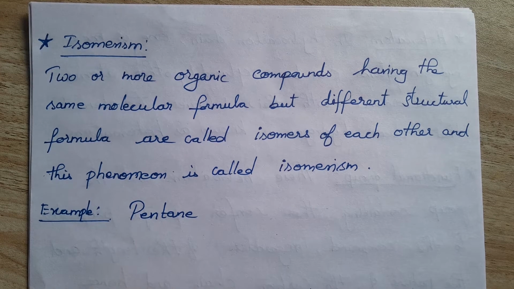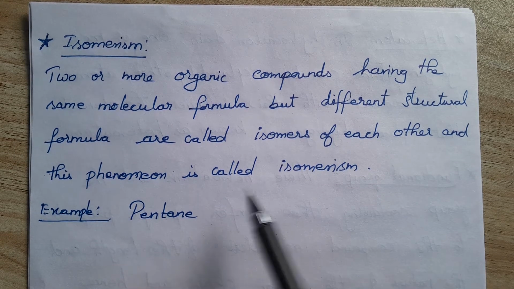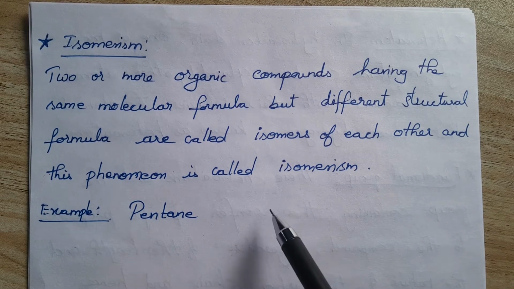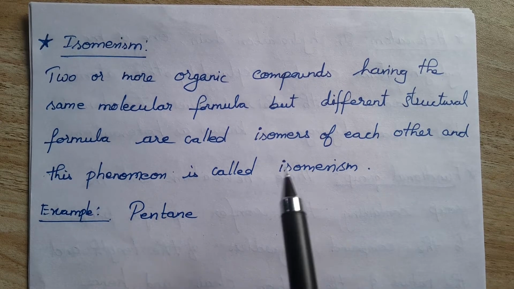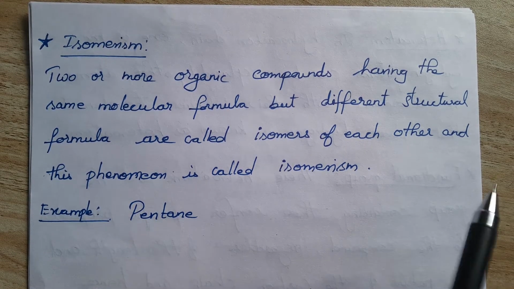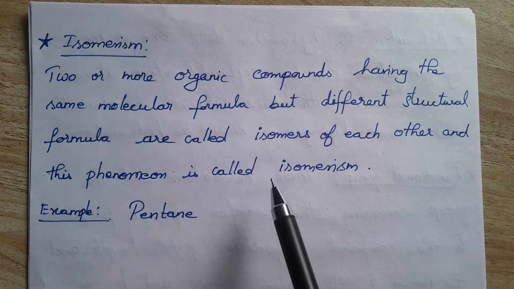Hi dear, last class we discussed how to arrive at the structure of organic compounds, right? What we are supposed to do: first we connect all the carbons in a line, in a branched manner, or in a ring form, and then we satisfy the valencies of the carbon by connecting to hydrogen, right? This is what we saw in the last class. So next one is